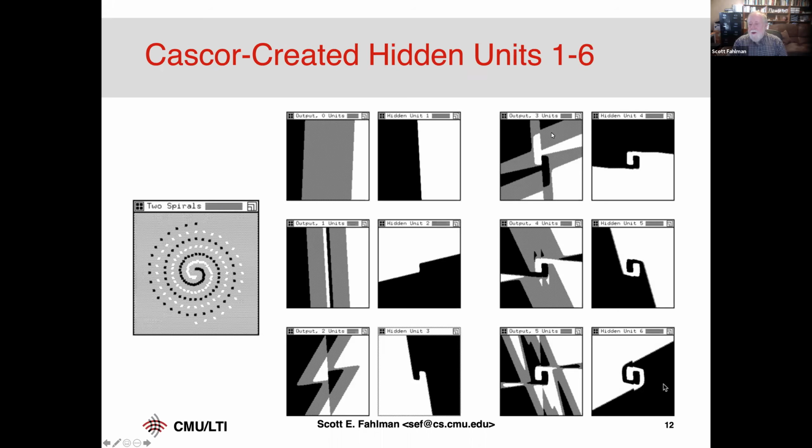So here's the third unit added, and now look, it's building an even better hook, and now it's starting to build a spiral detector. And it's getting all these points in the dense area here, it's getting them all right. So it's doing better and better as it adds these units, and you can see that it's adding units that, when combined with the others, make a very useful feature detector. Ideally, you'd like a feature detector that just knows the shape of the manifold and says, yeah, okay, we're on it or we're not.